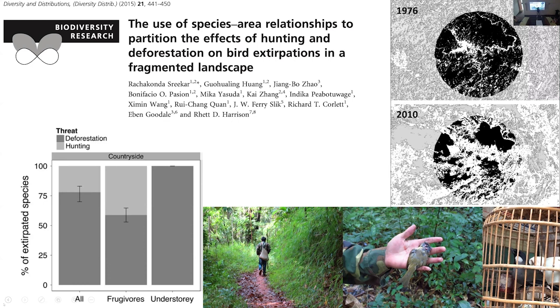And we show that around 25% of the birds are being affected by hunting, and frugivores are especially affected by hunting. Almost 50% of the birds extirpated are caused due to hunting. This model works really well, I think, because if you see understory species, they're mostly affected by deforestation and not hunting,